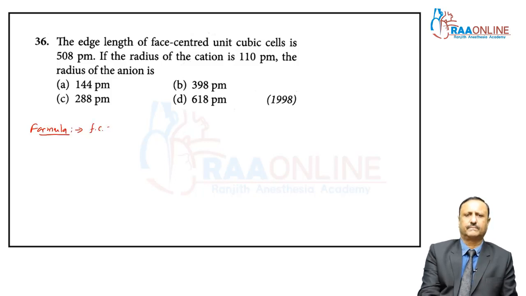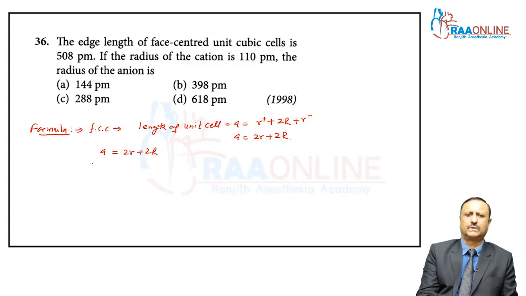Here, my dear students, in FCC, the length of unit cell A is equal to twice the cation radius plus twice the anion radius along the diagonal. So A is equal to 2R plus 2R, and here we can put the values,